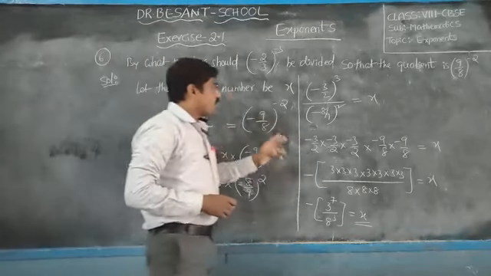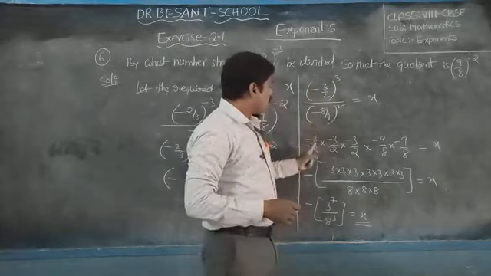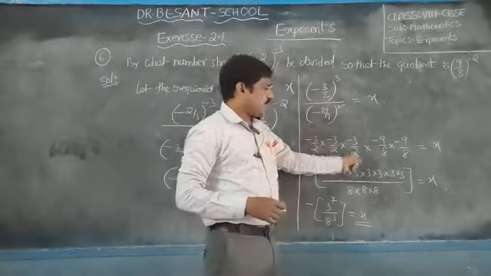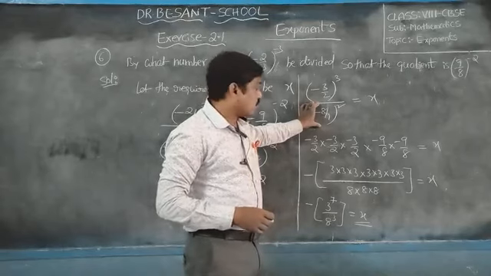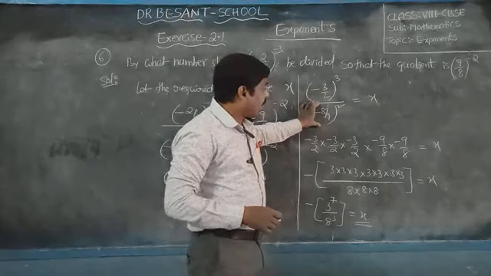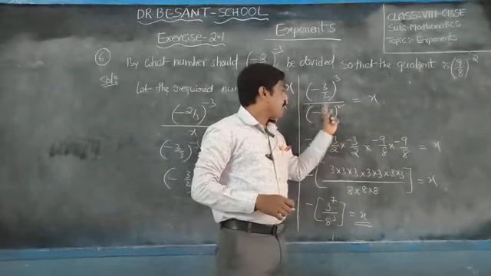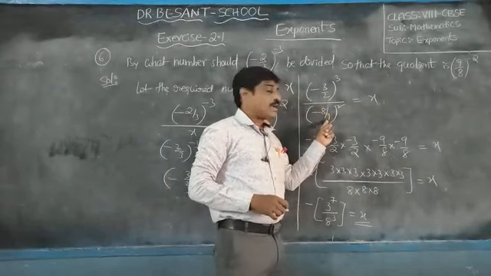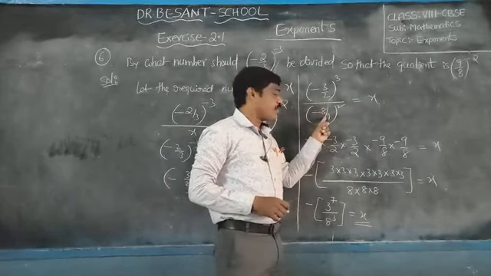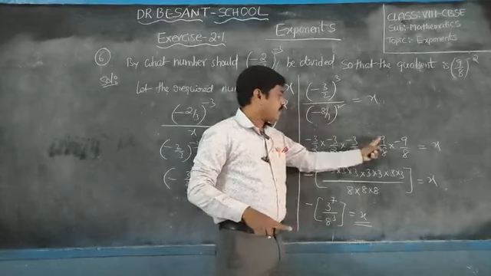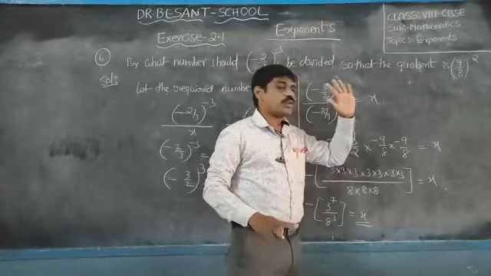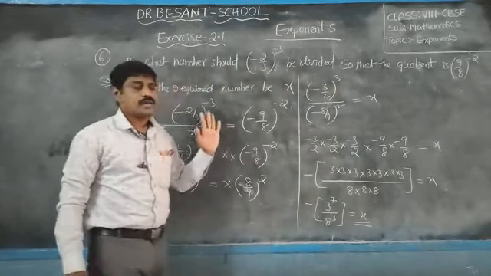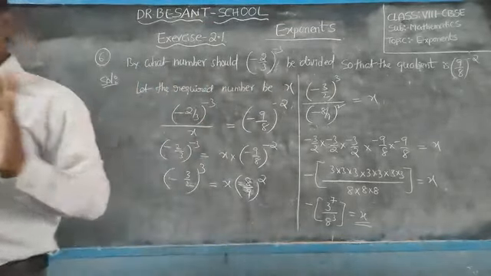Okay, so don't get confused. Here minus 3 by 2 whole cube, so minus 3 by 2, 3 times. This is actually in the denominator, where I am writing in the numerator. Then minus 8 by 9 will become minus 9 by 8. How many times, whole square? That's why 2 times we have to write. Okay, children, note down.